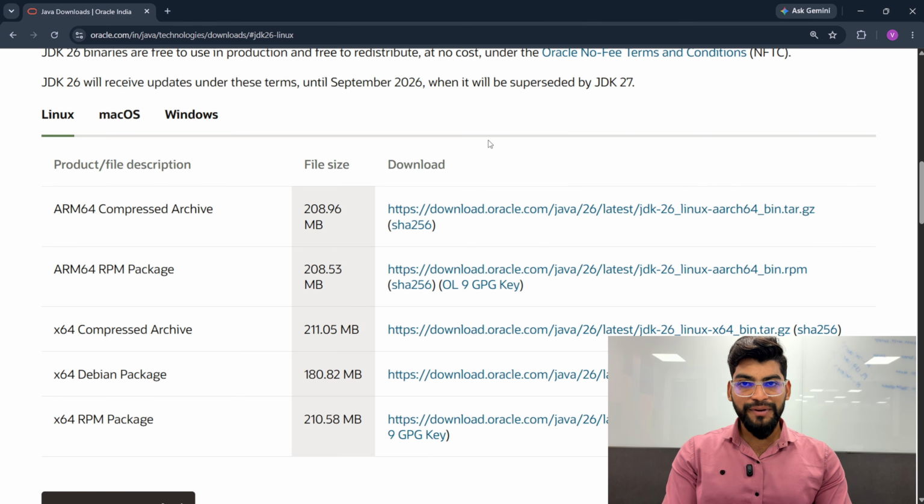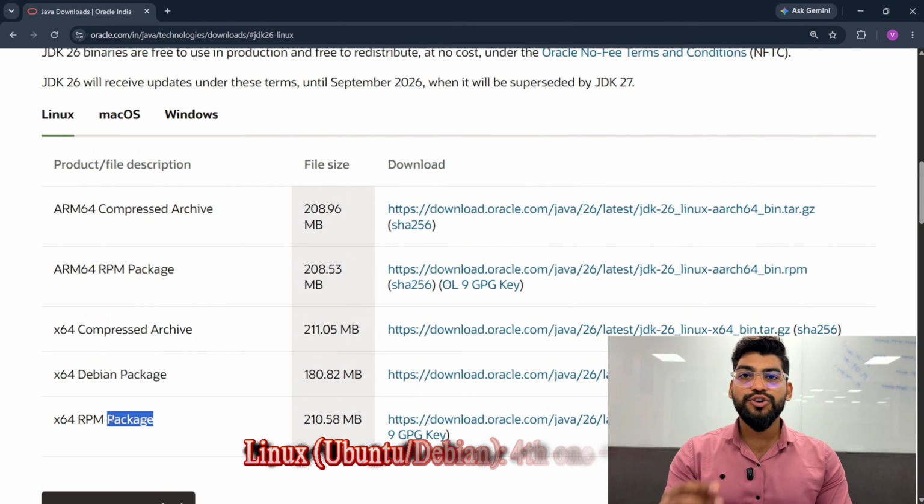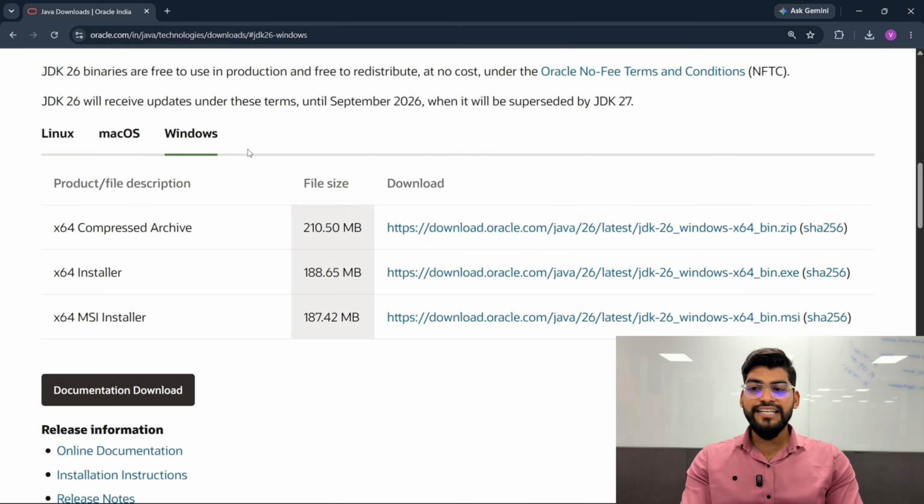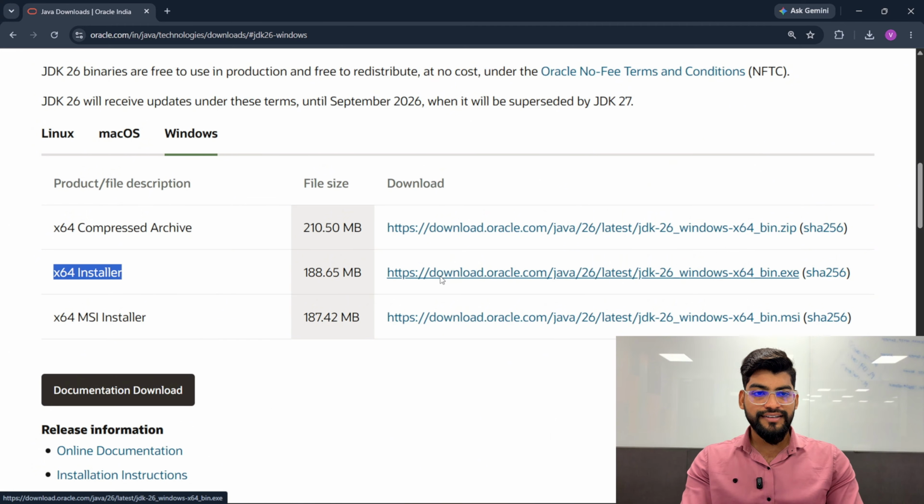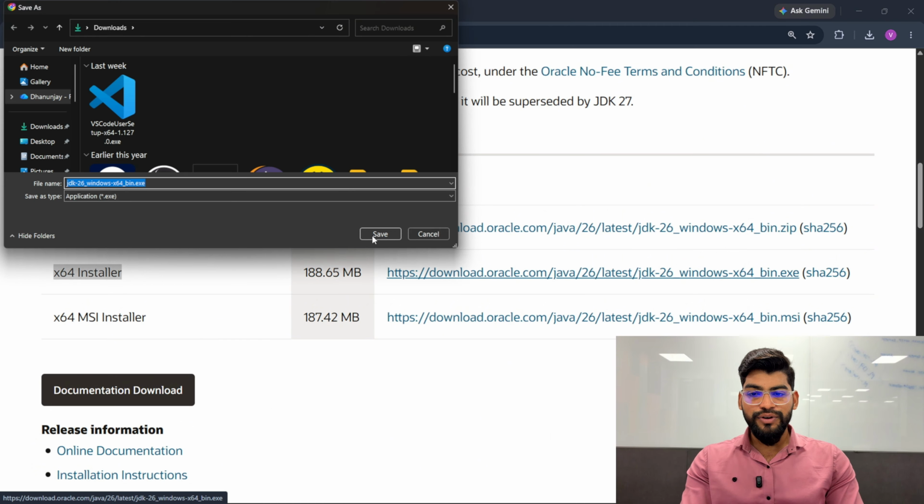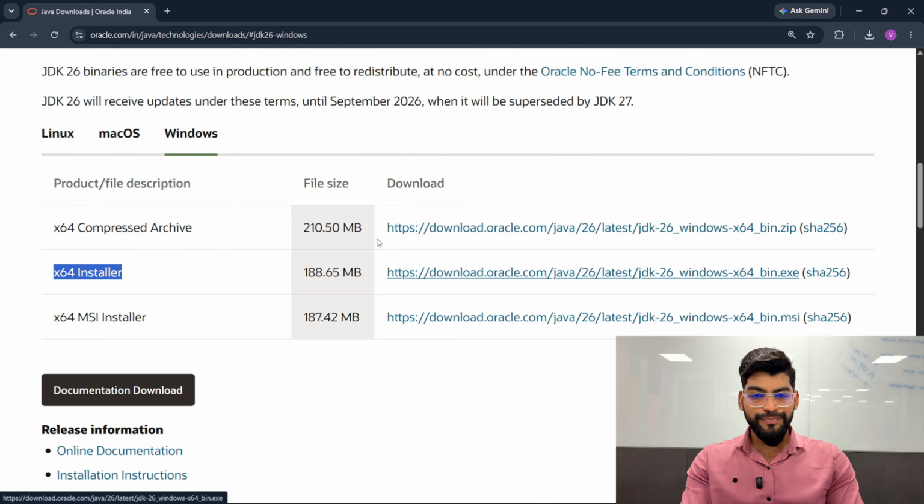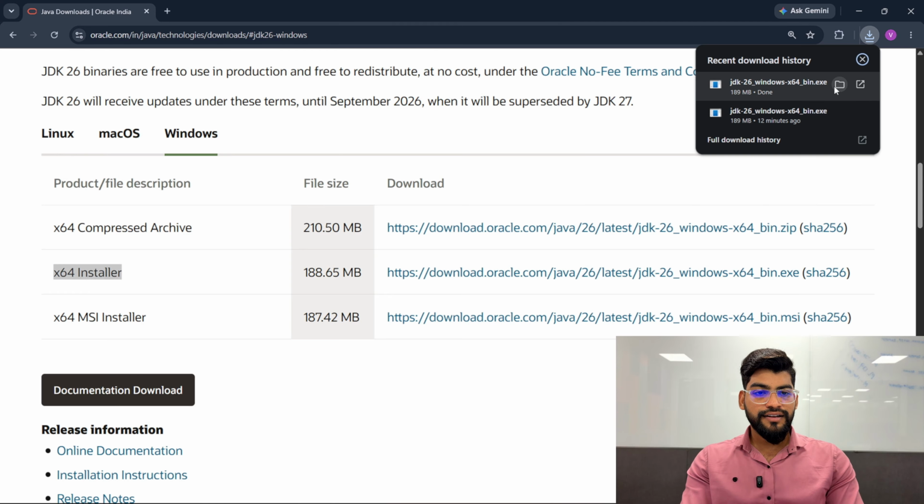If you are using Linux operating system, then pick either x64 Debian package or x64 RPM package based on the information displayed on the screen. As I am using Windows operating system, I will be navigating to Windows and choosing this x64 installer and clicking on this link. Now I will click on save and the download has started. And once the download completes, I will click on this file icon